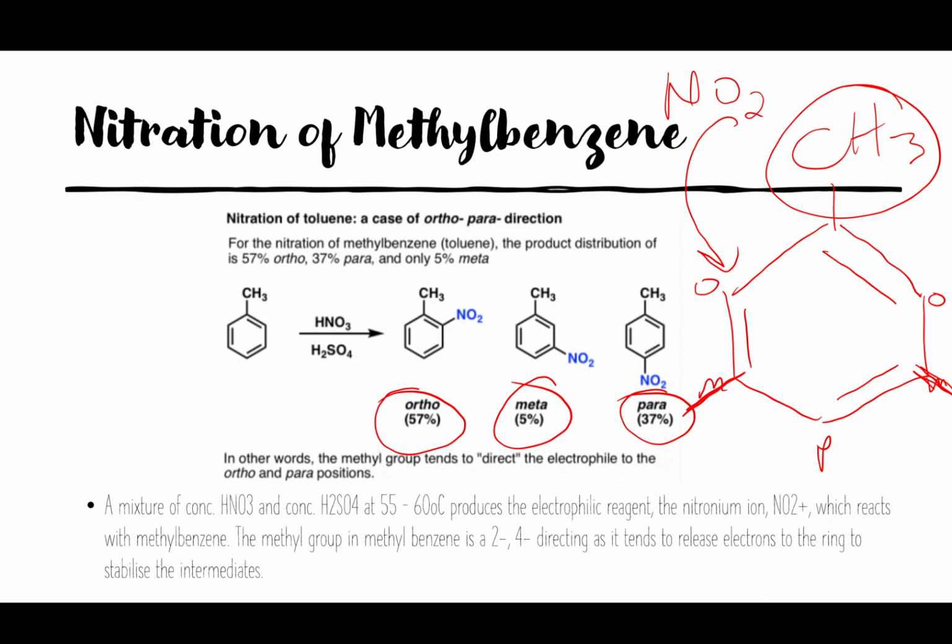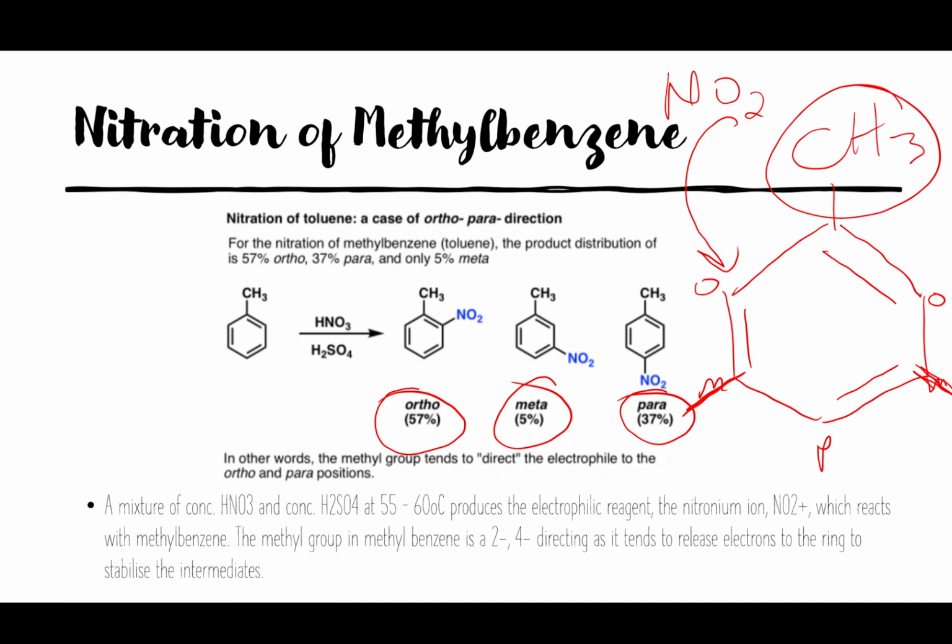So remember when we talked about Markovnikov and anti-Markovnikov products? Who remembers that? All right. So what's the difference between Markovnikov and anti-Markovnikov products as it relates to stability? Isn't it that the Markovnikov product is more stable than the anti-Markovnikov product? That is why, right? The intermediates are more stable for the Markovnikov product. So it's similar to this, in which if we have